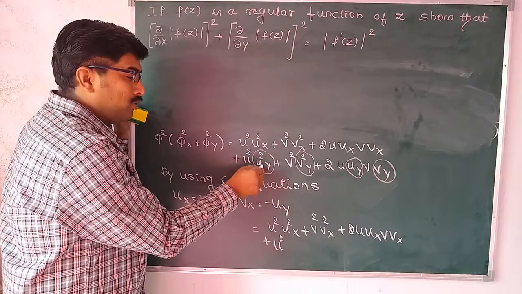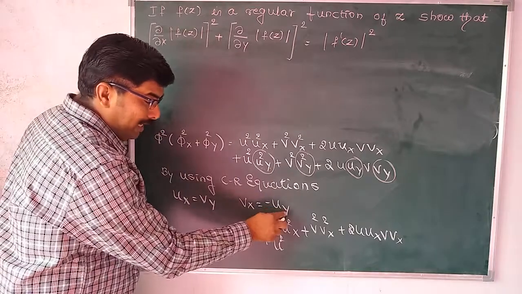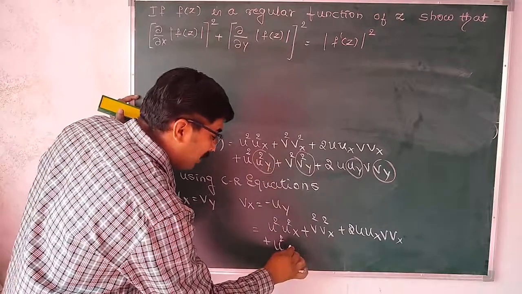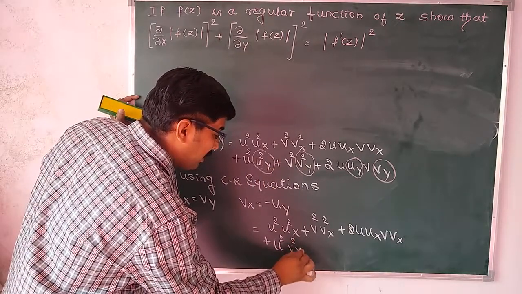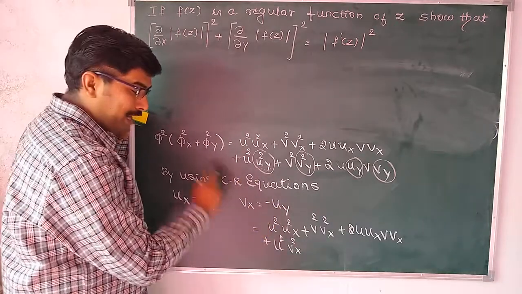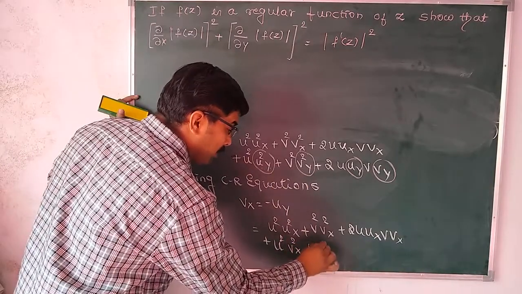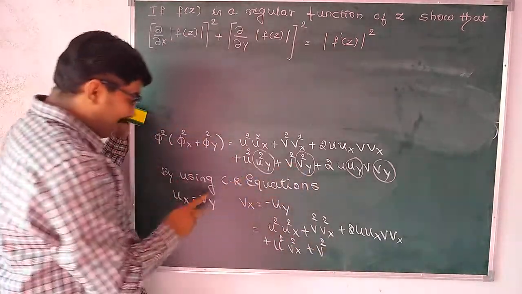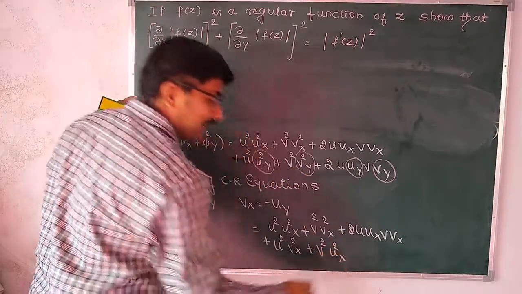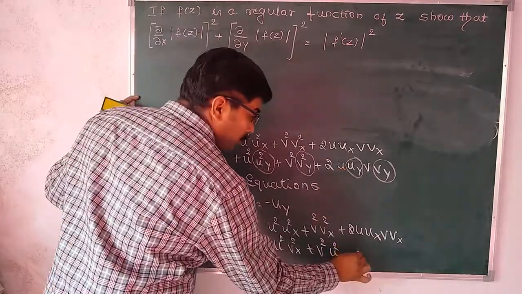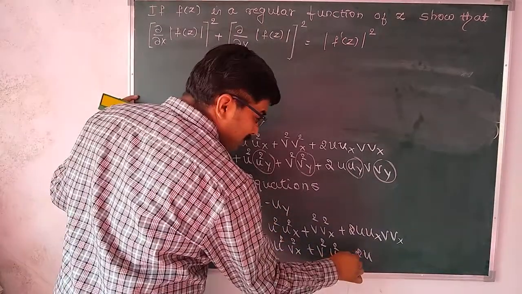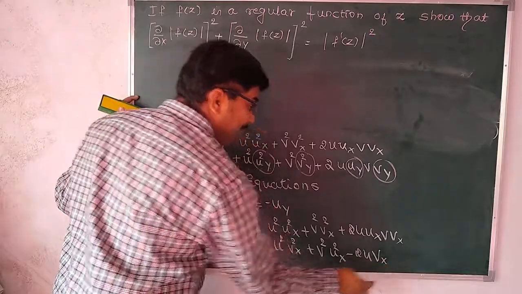Substitute the value for u square y by using CR equations. Uy is equal to minus vx we can write. So if you substitute here, you will get minus vx whole square is equal to plus v square x. Similarly, plus v square y, substitute value for v square y. Vy is equal to ux, so v square y is equal to u square x. Then here 2u I will write as it is. Uy value is equal to minus vx, so minus I will write here, and this is vx, and next term